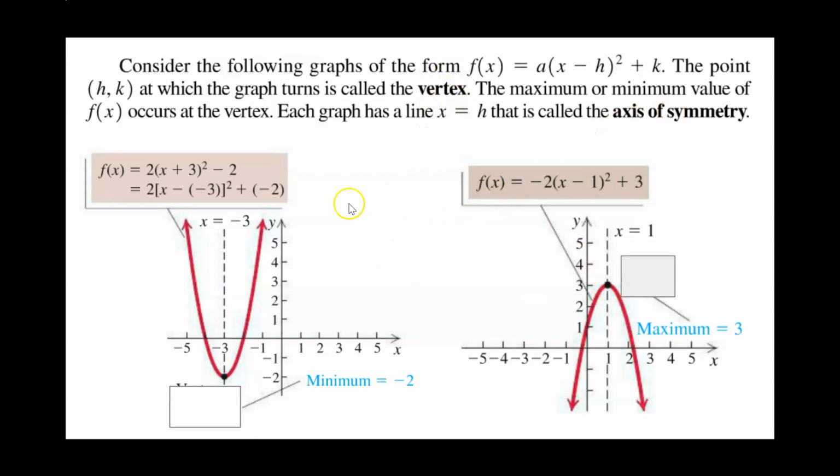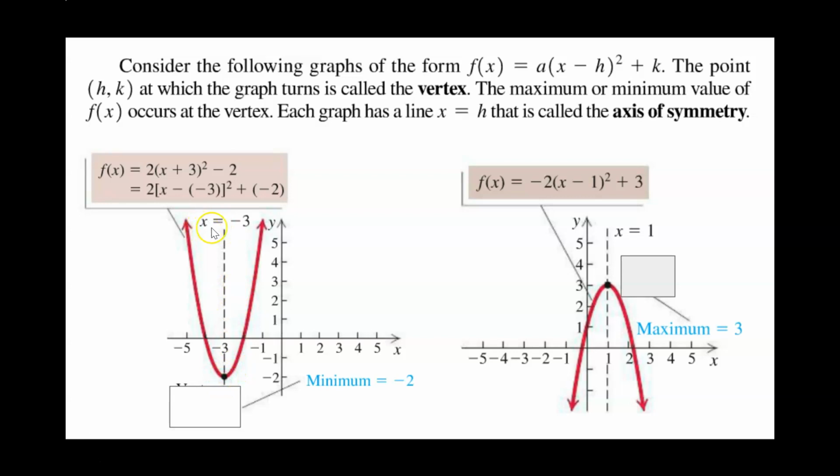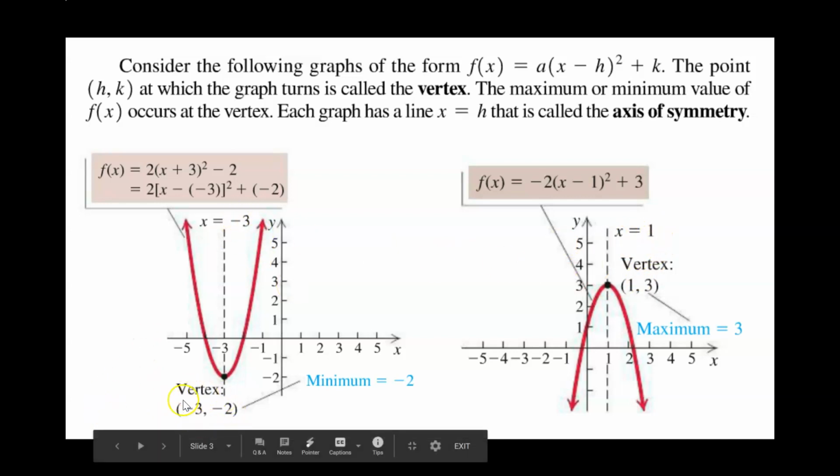The axis of symmetry is basically a dashed line we can draw straight down the middle of the graph. So it kind of splits it in two. So here, this is going to be x equals negative 3, and this is going to be x equals 1. So where did the negative 3 come from? Where did the 1 come from? Well, once we figure out what the vertex is, the x value in the vertex will always be the axis of symmetry. So here we see that x is equal to negative 3,